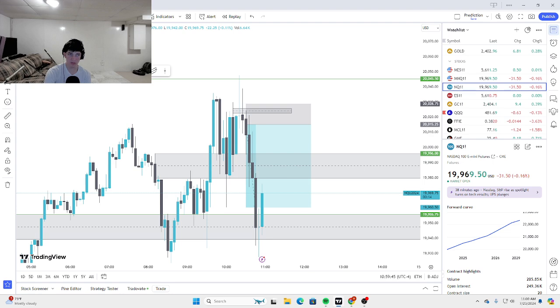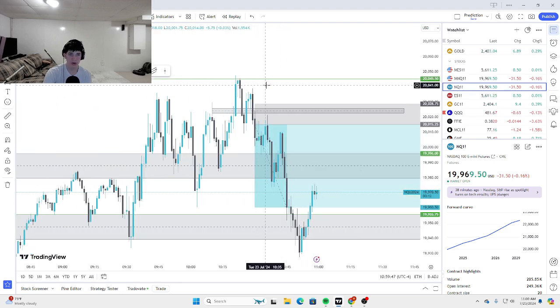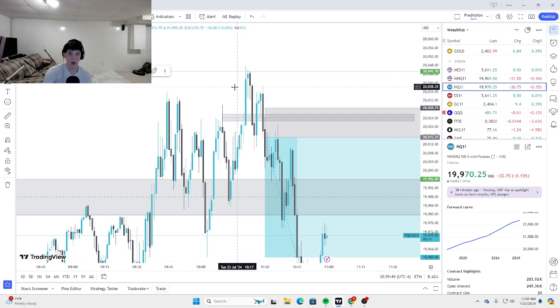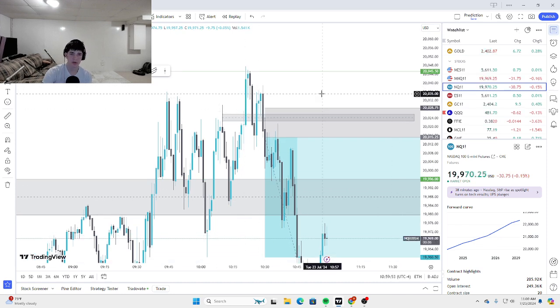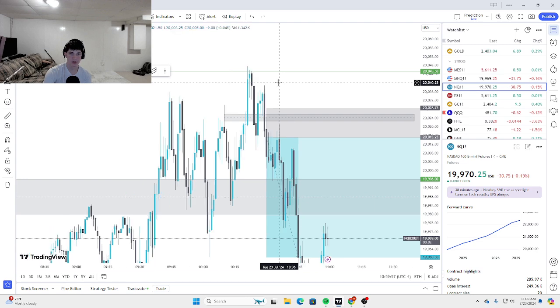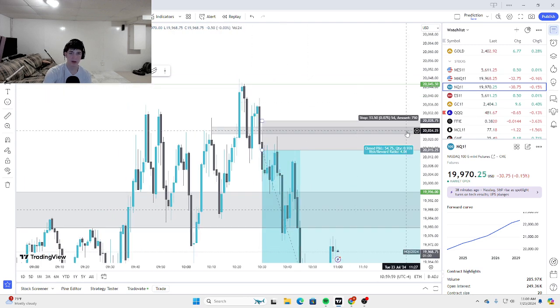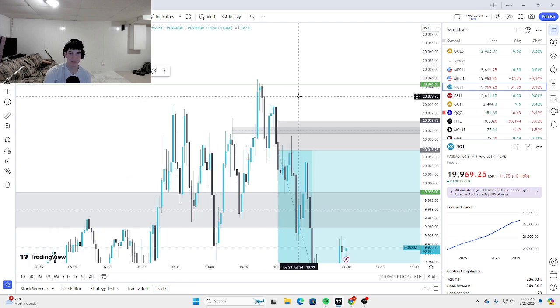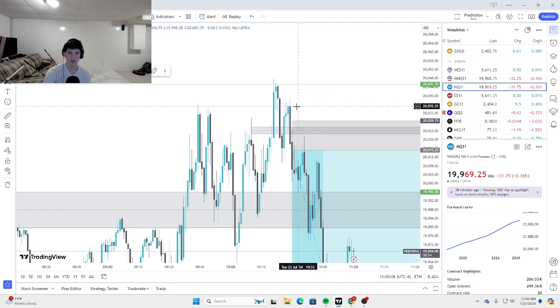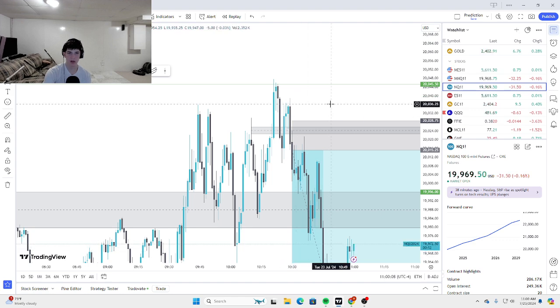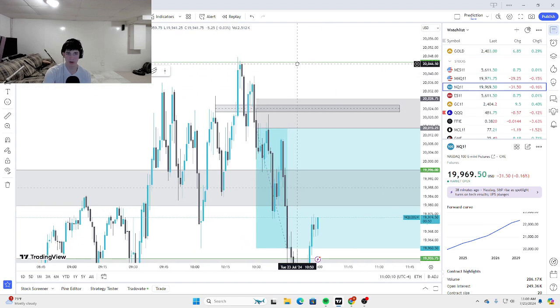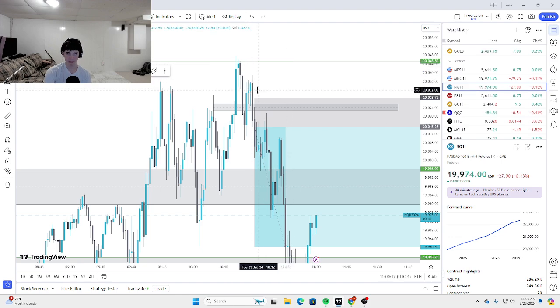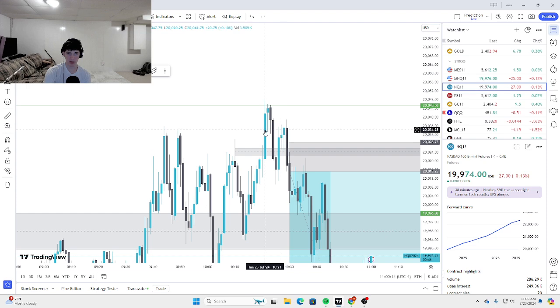So after that, I'm looking for a reaction. We see one right here. Boom. Inverse fair value gap. But I'm waiting for a break of structure because we didn't get one yet. And good thing we did. We should always be waiting for them. Because here we go. Probably would have got stopped out here. I'm not sure where I would have set my TP if I entered off here. But yeah, we probably would have got stopped out. So boom. Disrespects this bearish imbalance.